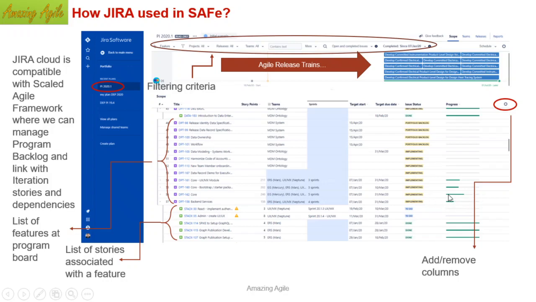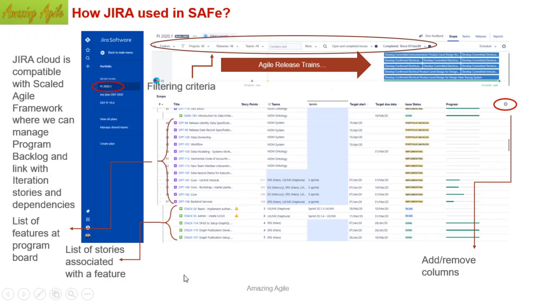If it is implementing, it means it is being done, that means there are a few stories still going to complete. Whatever stories are completed, you can see the tentative percentage, otherwise it is not done. And if you see this one, it is done, that means it's completed, because underneath there is one story and this is also done. So this is a done statement. This way you can get the picture of the overall status.